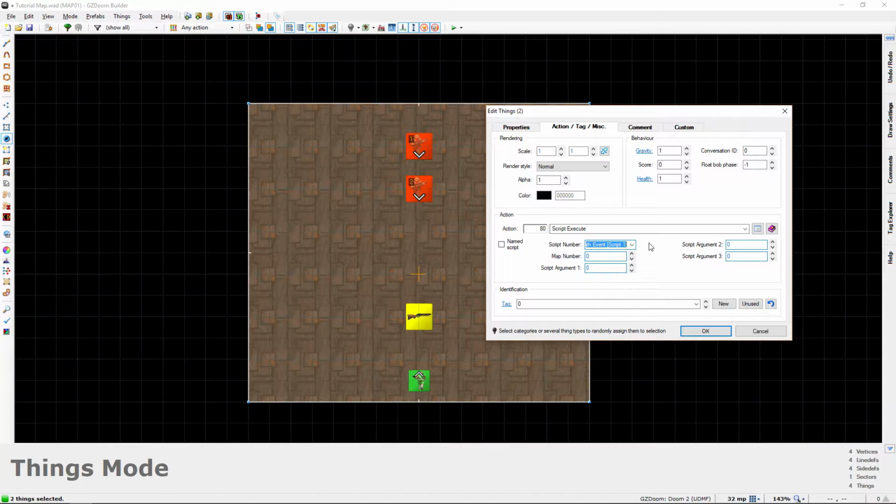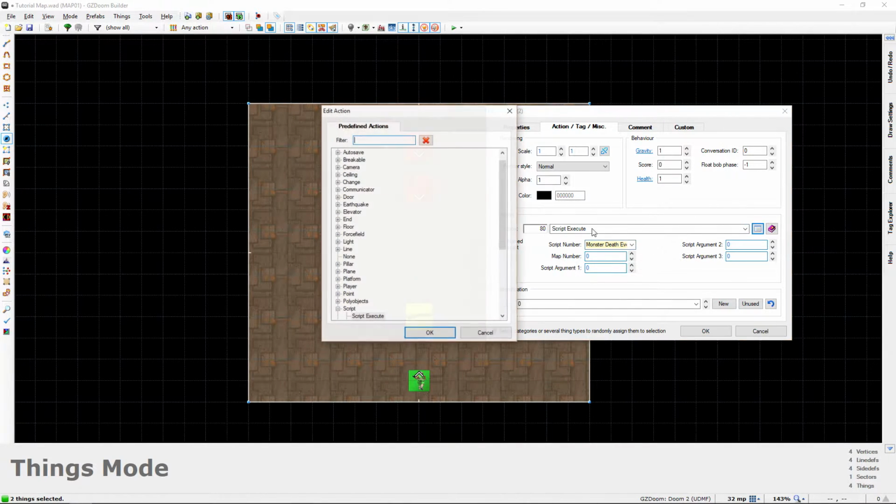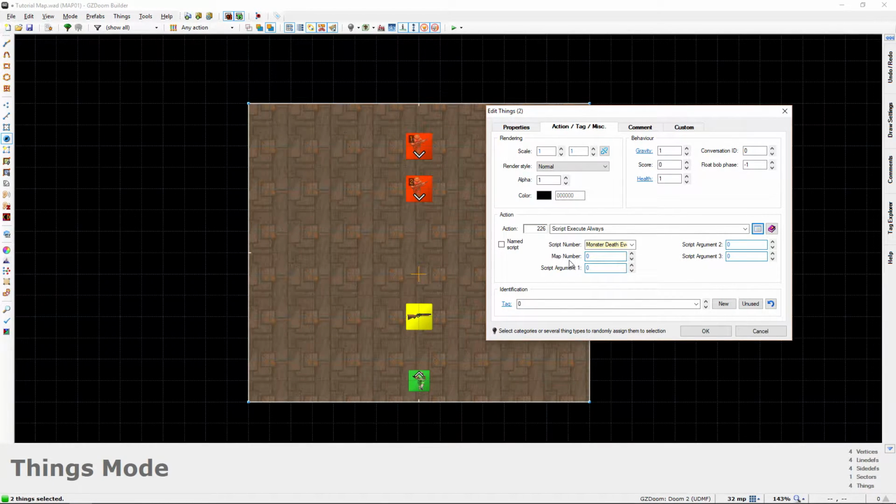Thankfully, there's a very easy way to get around this, and that is by going to your different script actions, and instead of script execute, choosing script execute always. Now the difference between these two is that whereas script execute can only ever run once, even if it's called simultaneously more than once, script execute always will always run as many times as it's needed. So if we kill both of these guys in a single blast, then script 1 will run twice